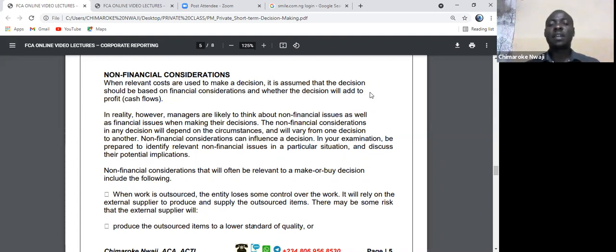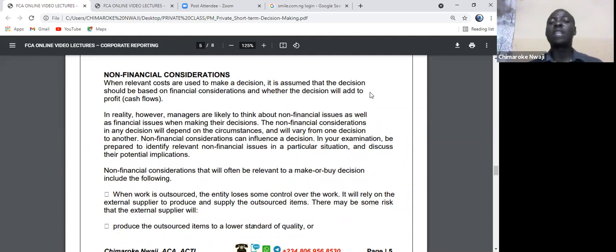In reality, managers are likely to think about non-financial issues as well as financial issues when they are making the decisions. The non-financial consideration in any decision will depend on the circumstances and will vary from one decision to another. Non-financial considerations can influence a decision. And so in your exam, you will be prepared to identify relevant non-financial issues in a particular situation and discuss